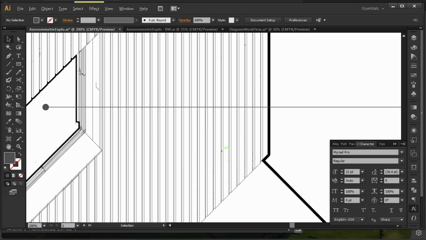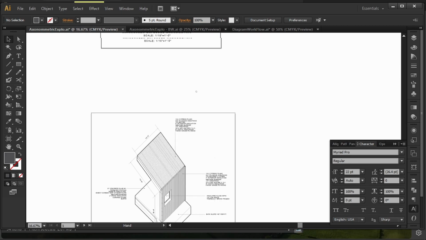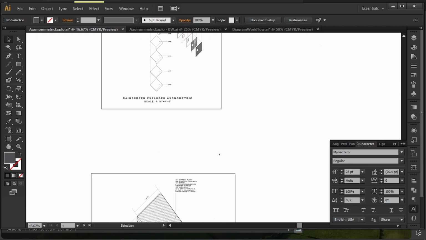I can zoom in on here, thick outline around here. So that's number one. Now I can do a rendering overlay. I have two options for my rendering overlay. I have a color and then I have a black and white. So in my color version, I go right here,